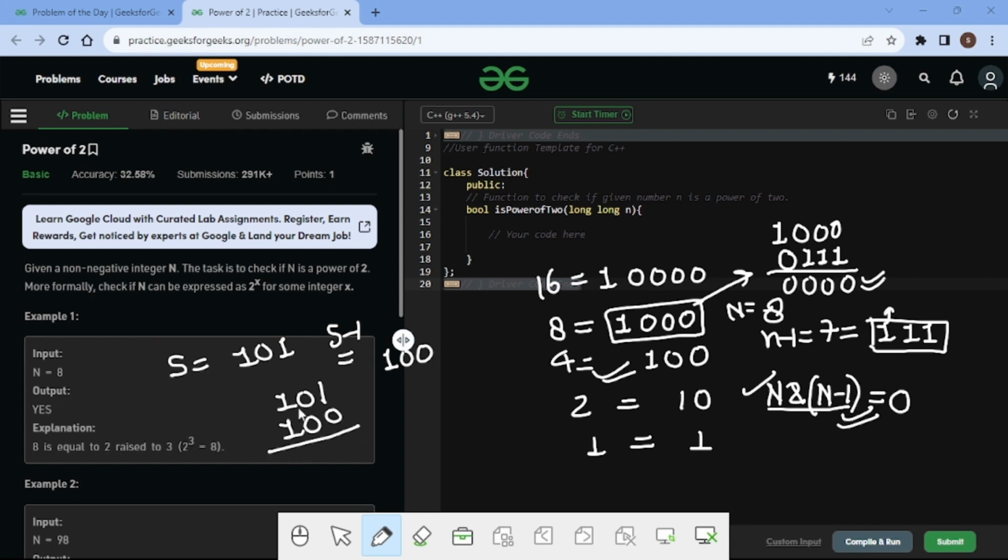If we take the AND of both of these, 101 and 100, the result is 100, which is not 0. So that means this number cannot be represented as 2 to the power of any number x. So we clearly interpreted this with the bit operation.